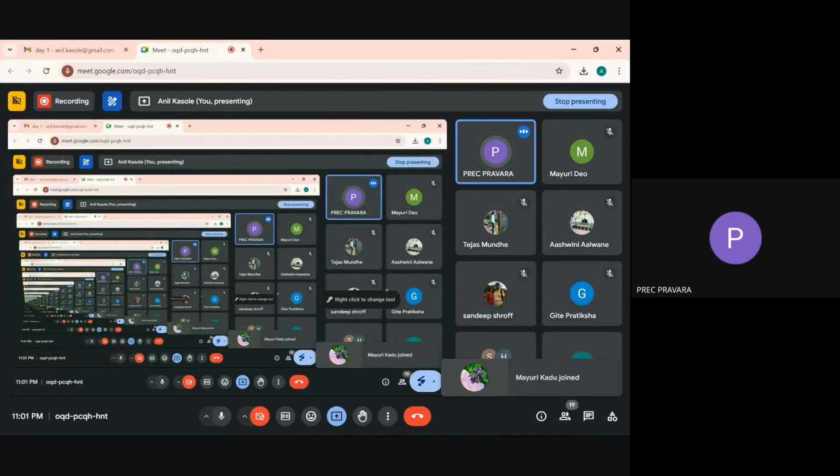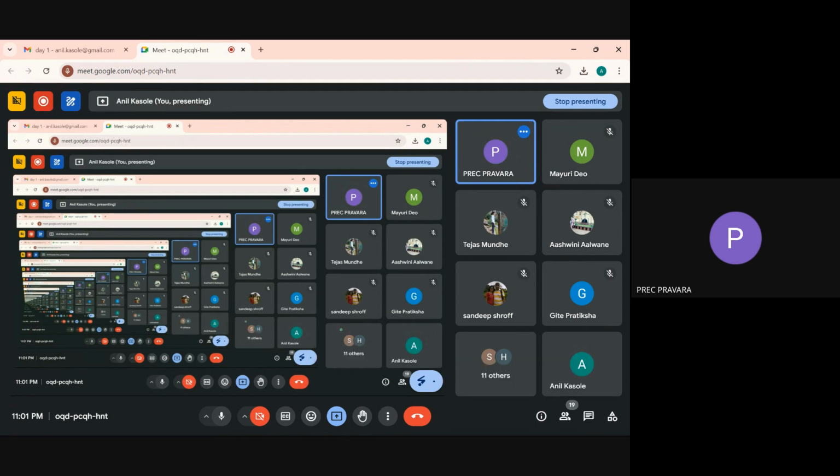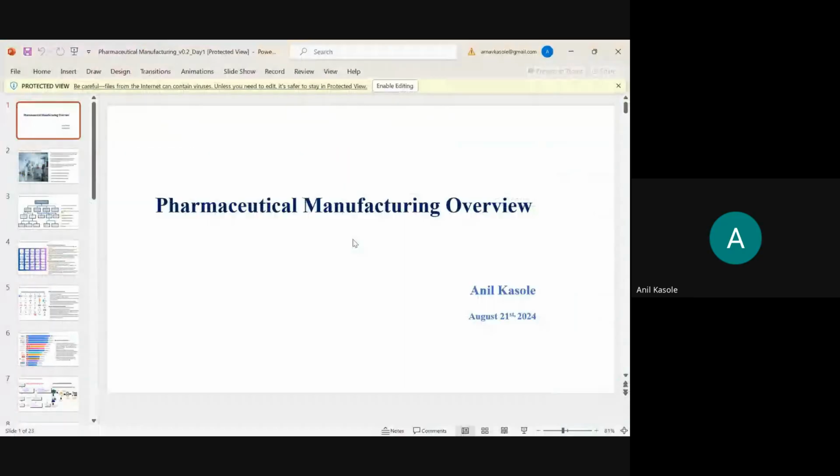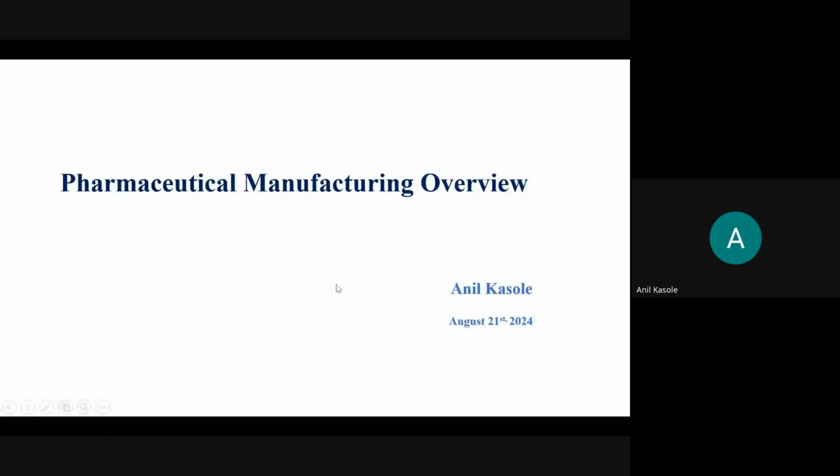Shall we start the session, sir? Yes, sir. Sorry. Shall we start the session? Yeah, we can. Somehow I can see there are multiple screens here. One second, let me see if something is wrong. Are you able to see my full screen now, sir? Yes, sir. Okay, so we'll start the session. Just give me 30 seconds, sir. I will start in a minute.